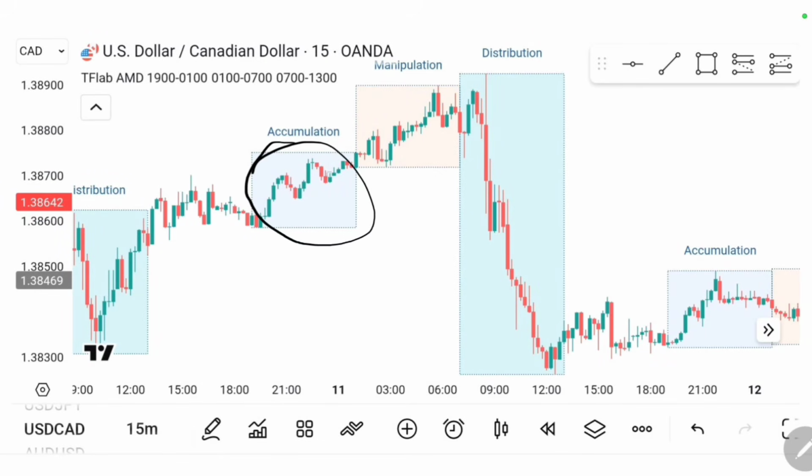There's an accumulation. Then the market broke out in the London session with a manipulation, and then there was a distribution. Now, how do you trade the distributive phase here? How you trade the distributive phase is you want to allow the market, after the manipulative breakout has occurred,